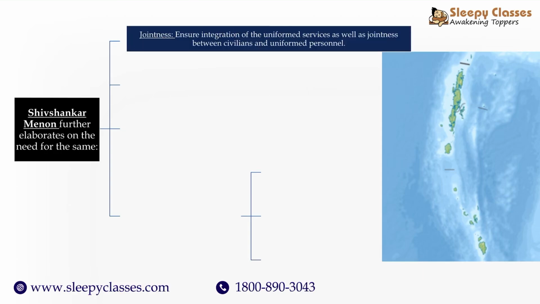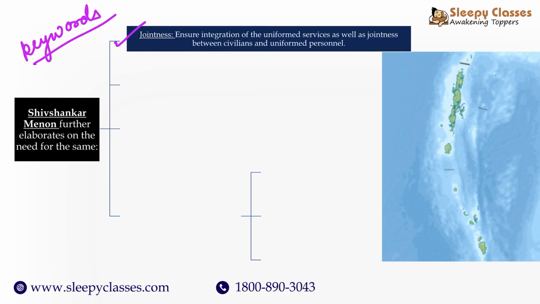As we've said, so again, these are interrelated points. And again, you have to understand that these terms are very important. These terms, why? Because these are keywords. So even if you don't end up remembering names such as KJ Singh, NN Vora, Shiv Shankar Menon, what you can do is use these keywords which have been mentioned, from over centralization to decentralization of command, right? Then very importantly, as Shiv Shankar Menon says, that you have to encourage jointness, right? Jointness or theaterization. These are the keywords which when included in your answer will make your answer come across as very expertise oriented.